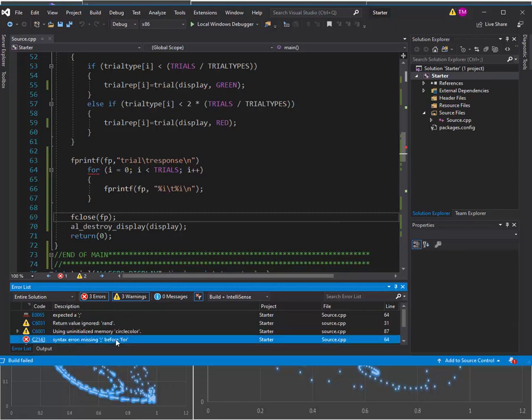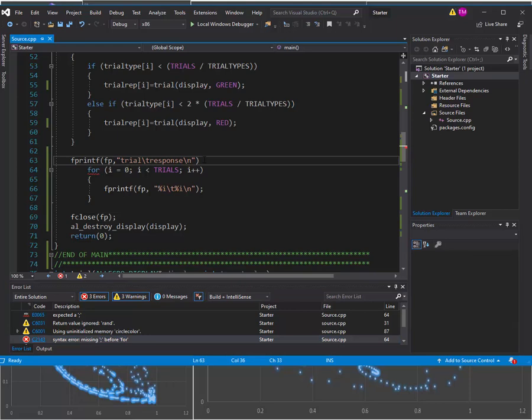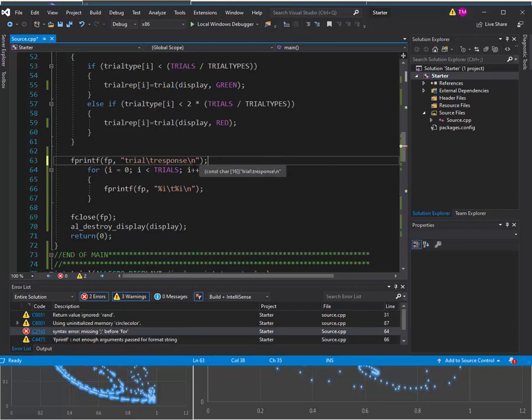And let's see, we have a syntax error, missing... Oh, that may be an actual error that I just put in here. Let's see, what line is that on? 64. That was not the error I was anticipating. Oh, yep, sure enough. Look at that. I forgot my semicolon. Remember our rule: every line ends in a semicolon except for the ones that don't. Well, that was one that did, so that was bad. Okay. Now I think that will actually